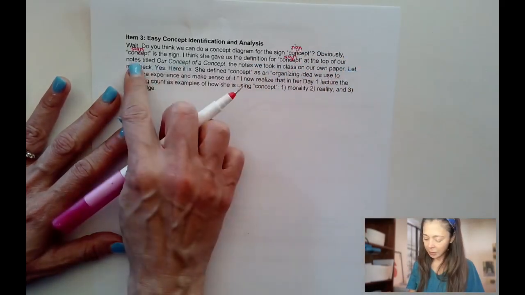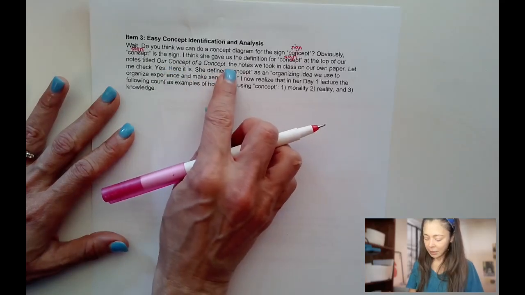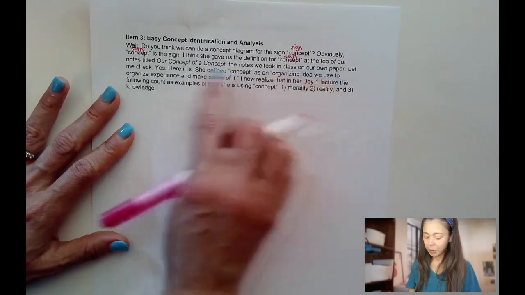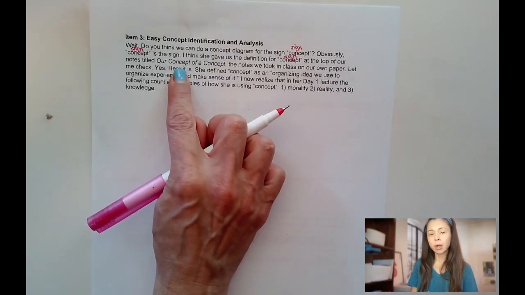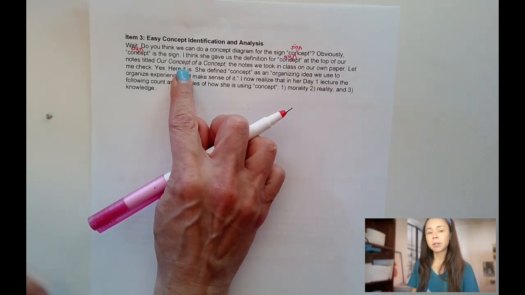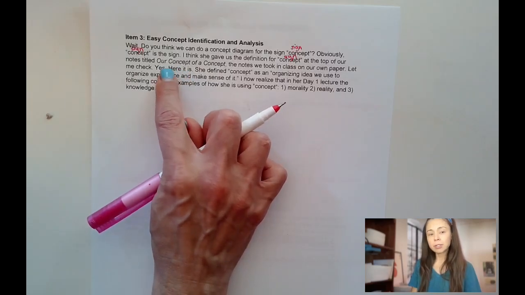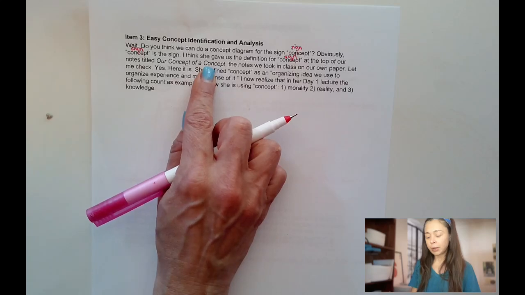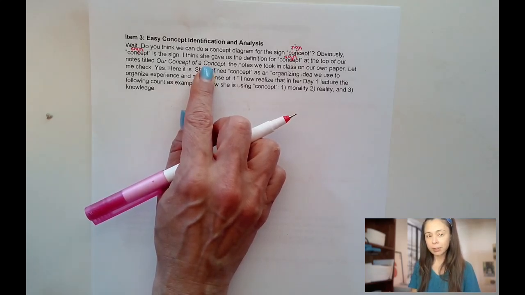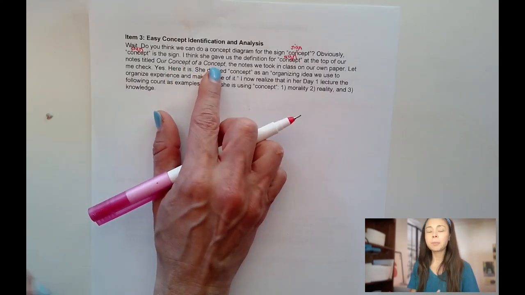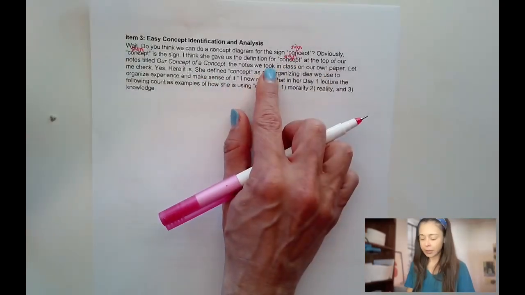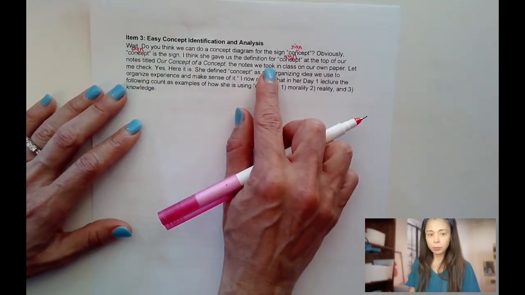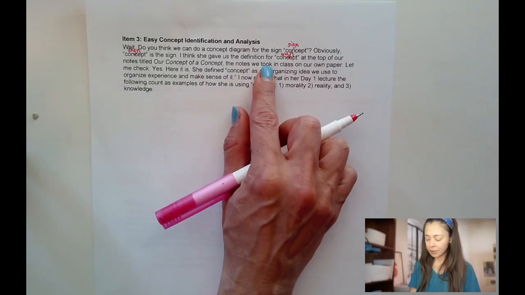At the top of our notes titled, Our Concept of a Concept, the notes we took in class on our own paper. Notice that we're not writing the word sign in this instance above the word concepts. Why? Because they're just referring to a title that uses the word. In the title of the document, they're not saying in the title itself that we're going to do a diagram or this is the main concept. It's just saying this is the topic generally speaking. So they're giving contextual information as to where the definition might be, but no definition itself or example itself is given yet.